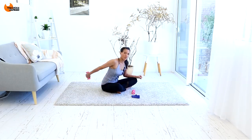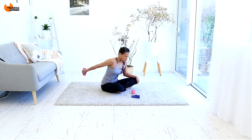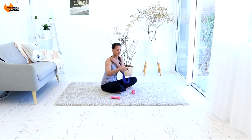So we're working with isometric tension. Up, up. Can you feel that? Should be getting a nice fire happening in those triceps. Keep going for 5, 4, 3, 2, and 1. Nice job. So you're dropping that now, and this time we're going to grab the loop